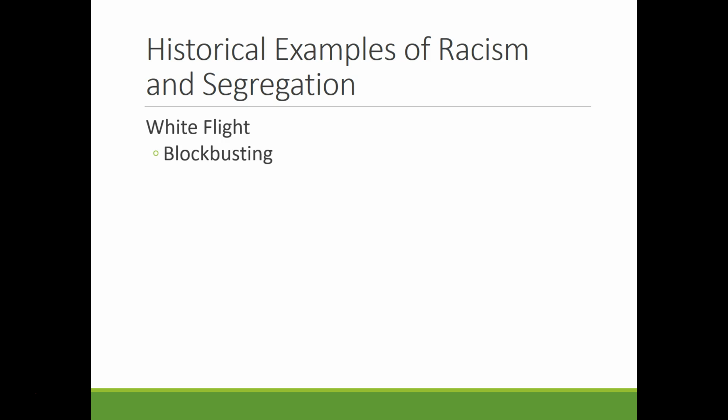So you have a large amount of whites, European Americans, moving from the center of the city, flying, figuratively, they're not really flying, out to the suburbs. So African Americans going into the city, European Americans moving out into the suburbs. This actually started something called blockbusting. Now, let me say, in 2017, blockbusting is illegal, but